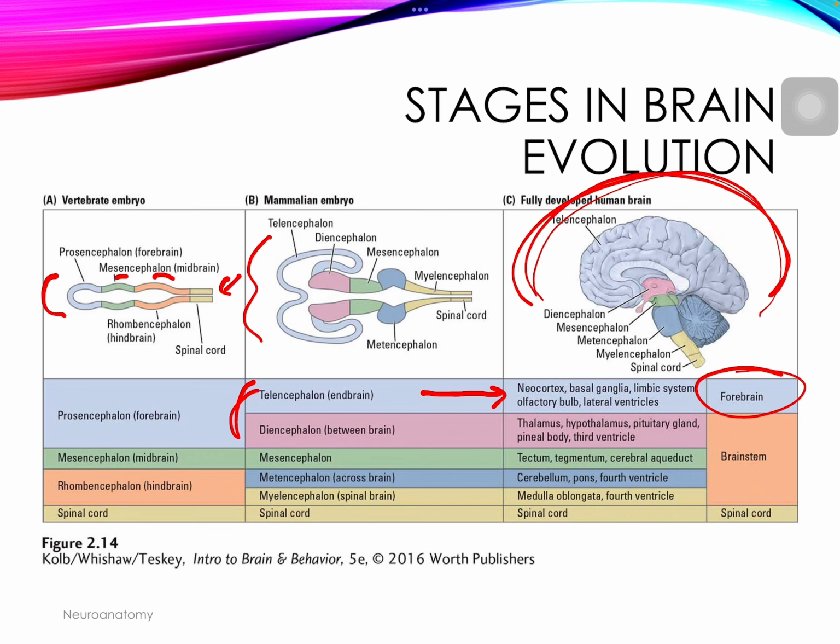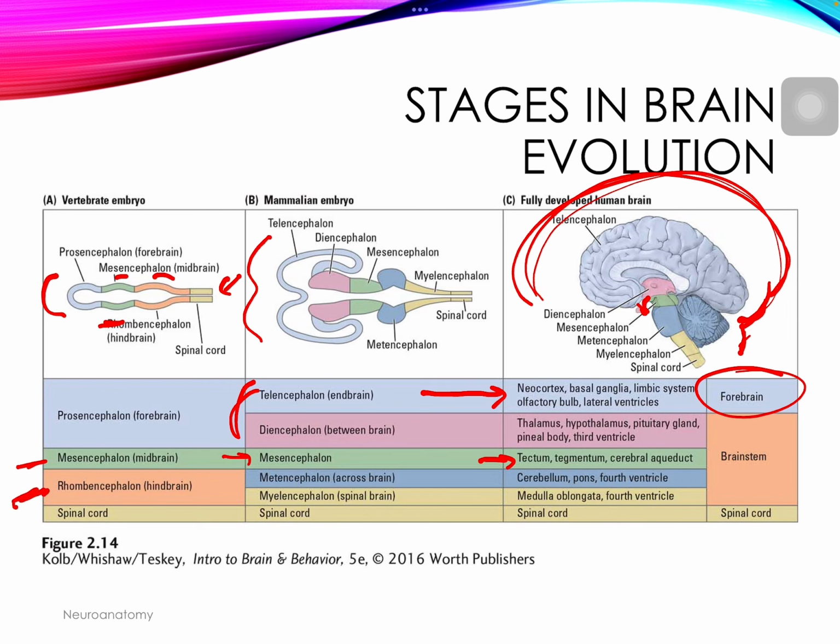Now, notice that this is color-coded, this really big blue area here, including right here, but not the cerebellum yet. And then if you look here, the mesencephalon, which is the midbrain, you can still see it in the mammalian brain. And then this becomes these green structures here, which include things like the tectum, tegmentum, and the cerebral aqueduct, which is important for processing cerebral spinal fluid. We've talked before about that cerebral aqueduct. If it becomes blocked, that can lead to something like hydrocephalus, which is excessive cerebral spinal fluid in the brain.